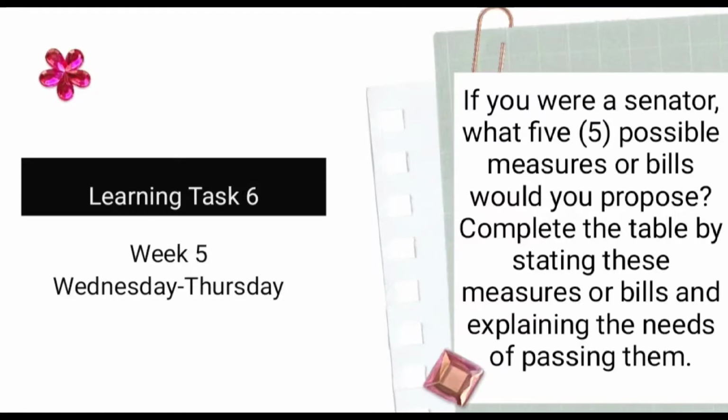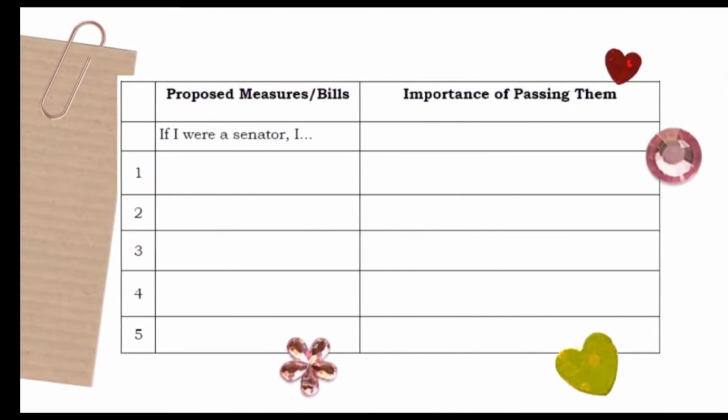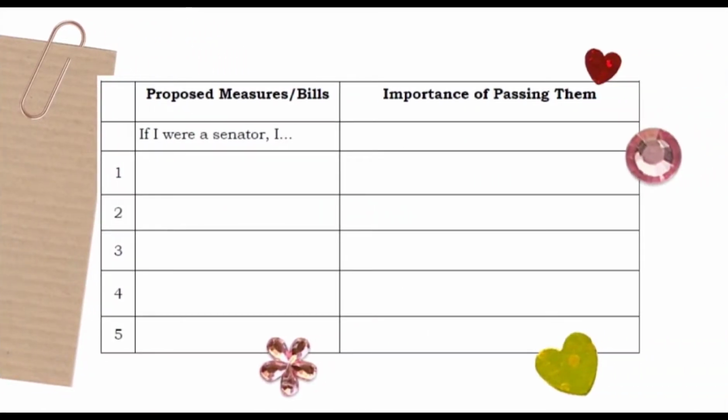Now, let us pretend that you are part of the Senate. If you were a senator, what 5 possible measures or bills would you propose? Now you are going to complete this table by stating these measures and bills and explaining the needs of passing them. If I were a senator,